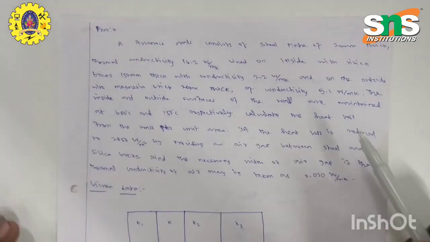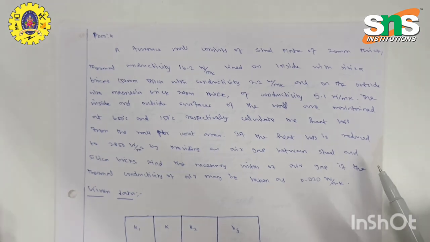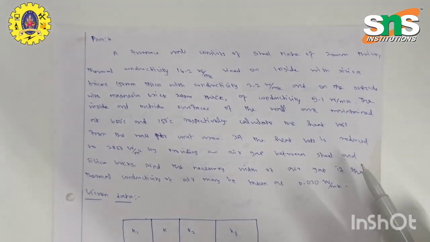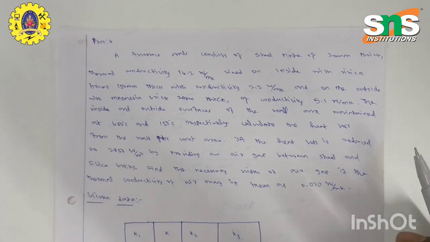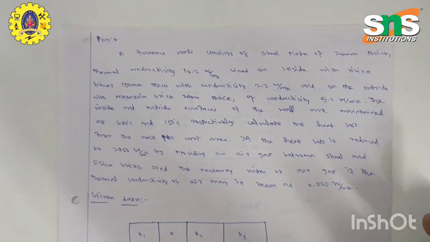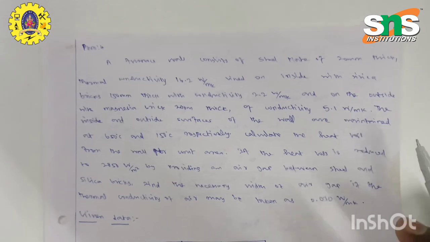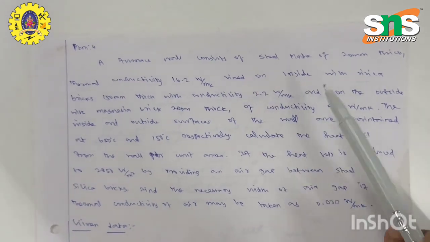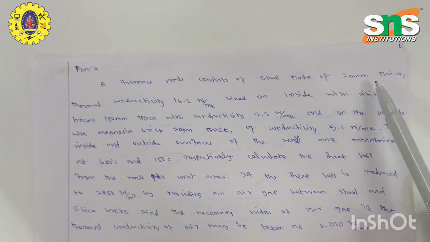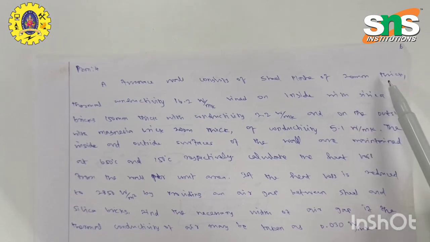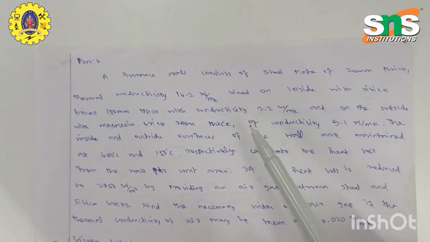Welcome. Today we will discuss a solved problem of a composite wall in thermal heat conduction. Here is the problem: a furnace wall consists of a steel plate of 20 mm thickness, thermal conductivity 6.2 watt per meter Kelvin,